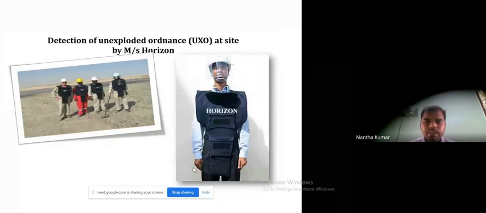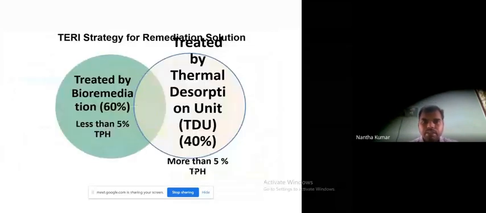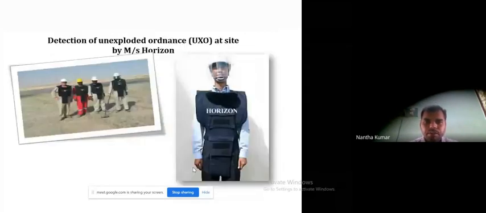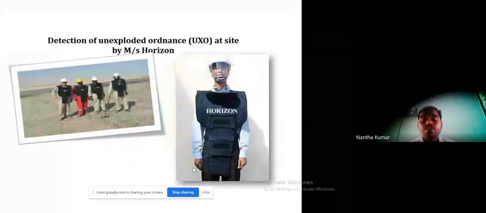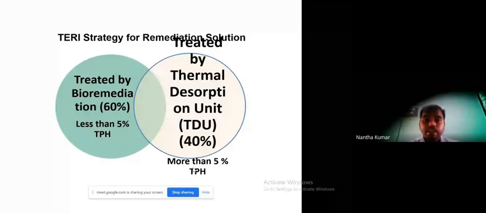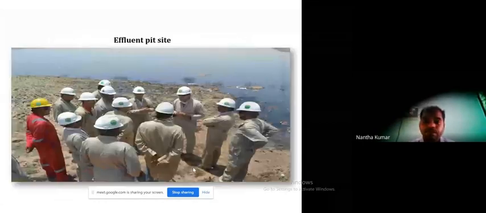They detected several such UXOs. Then after this, again we have to characterize the waste to decide what method we want to adopt. We also discussed that during the last presentation.